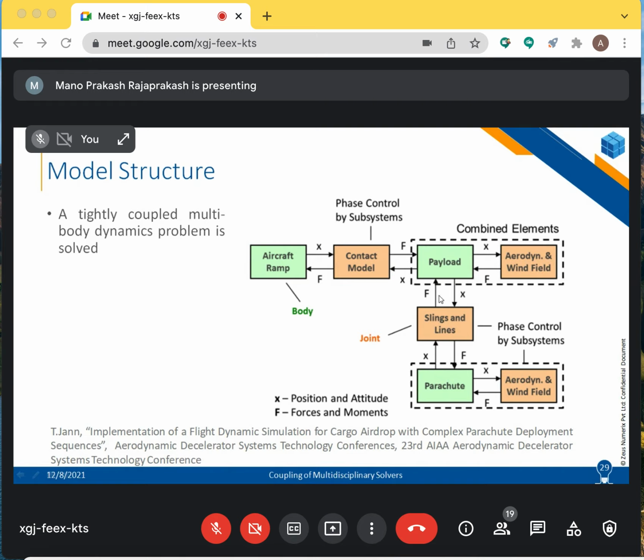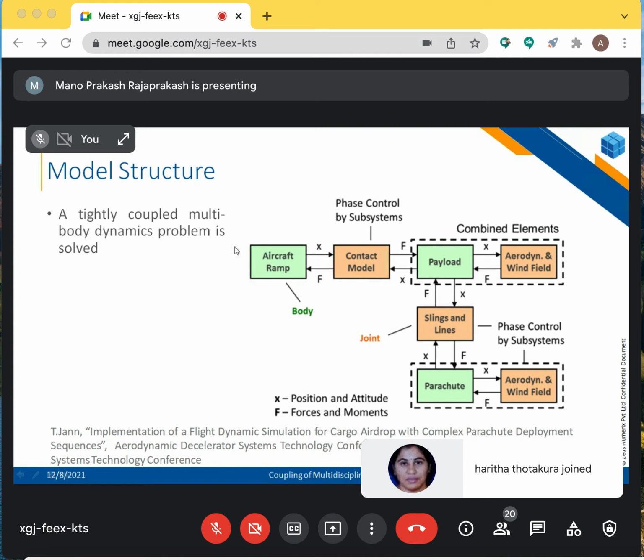After a certain time, imagine that they are going to split and they can have independent motion. In that case, I should be able to model the contact between those two. In addition to these two contacts, I'm going to have another contact problem to solve between those two assemblies that form the payload. So the contact model, once a class is generated, should be able to handle contacts between any two bodies that I'm going to define. So that is the typical model structure.